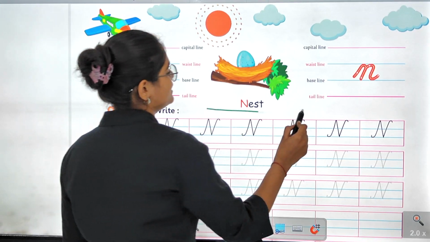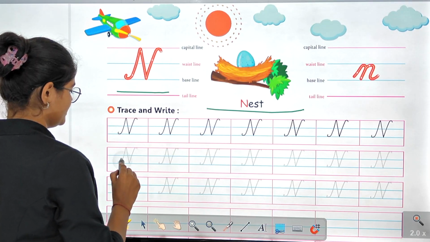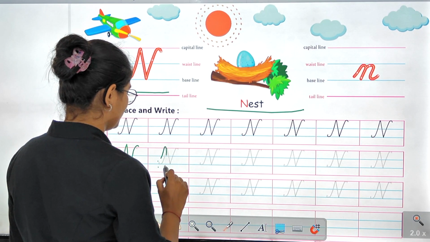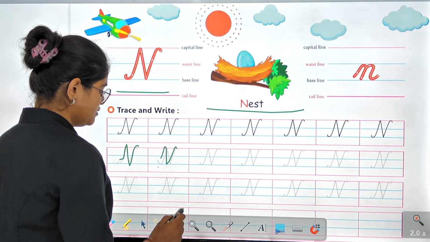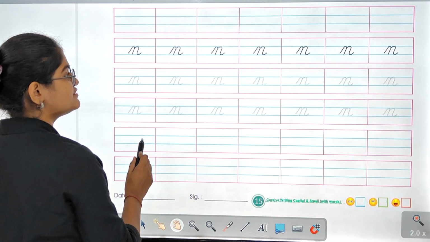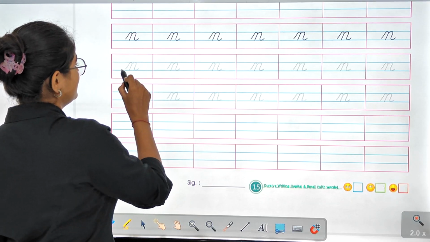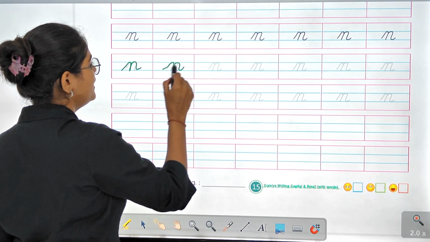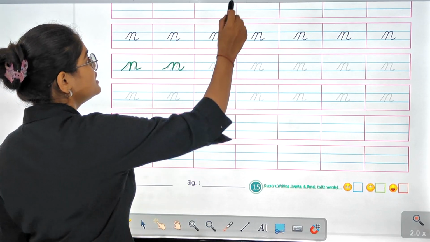N for nest. So let's make N now. N for nest. Moving ahead to the small letters. N for nest. After that,